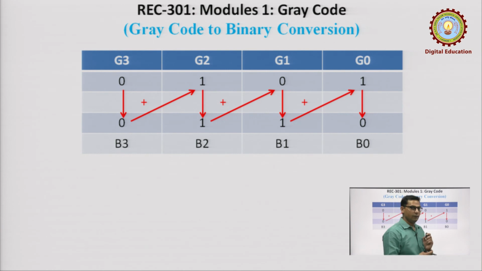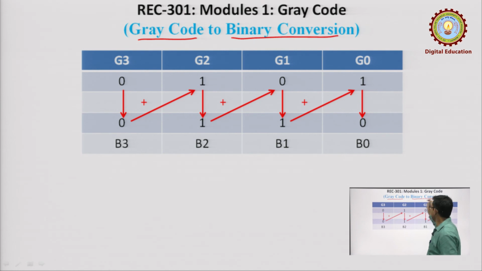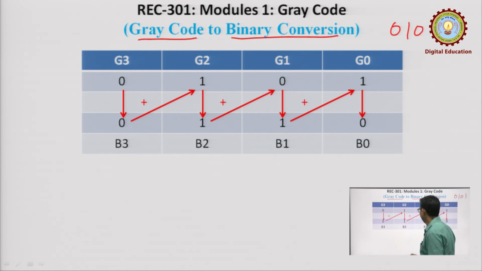Now, I have discussed the conversion from binary to gray code. So, now I want to convert the gray code to binary. In the previous case I discussed the binary to gray code conversion. So, if we have a gray code, how will we get the binary number for the given gray code? For example, if we have the code 0101, and this is a gray code,